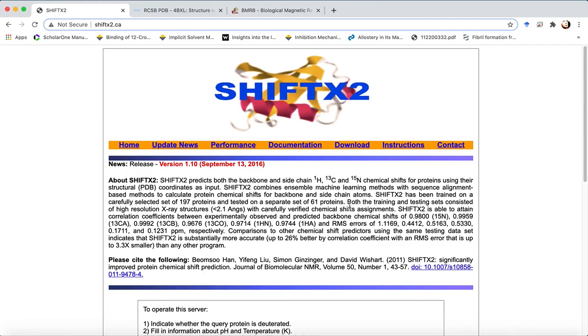So it makes use of a combination of support vector regression, support vector machines, and artificial neural networks to precisely train on a set of 197 proteins and further test them on a separate set of 61 proteins. So as you can see, it is a very extensive and robust prediction method, and more often than not, it